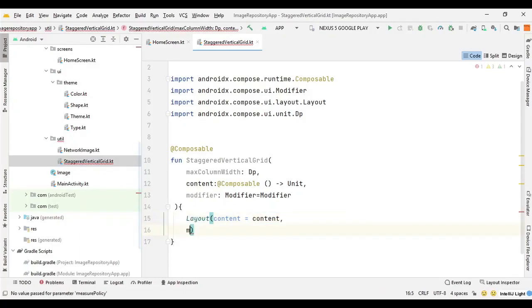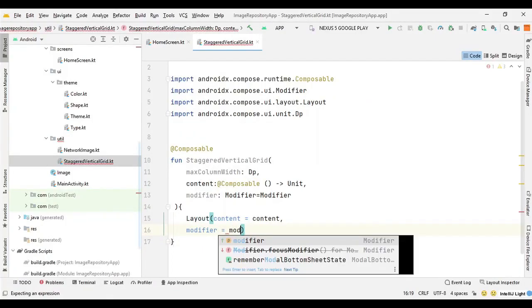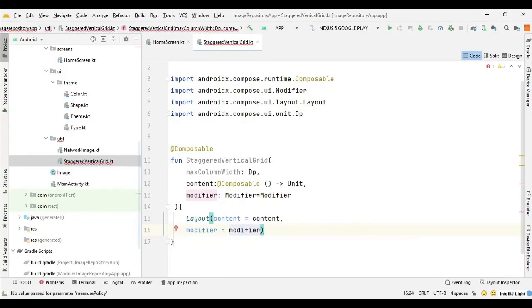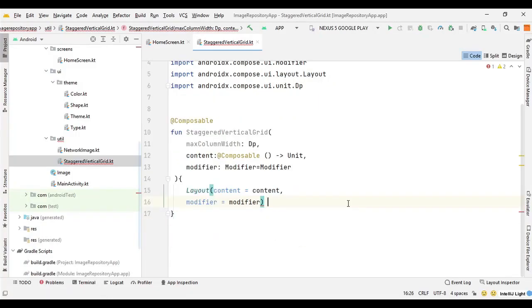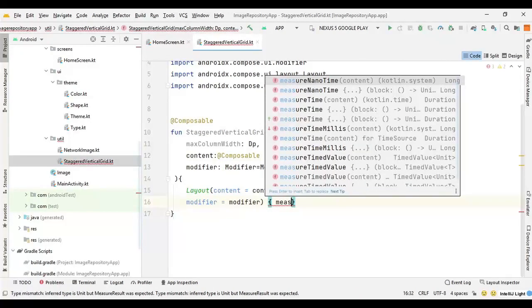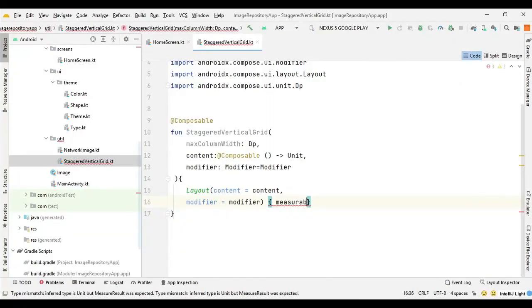And we need modifier, so we can set the modifier to modifier. Now we need to check the bounds of the width, so we can say measurables constraint.